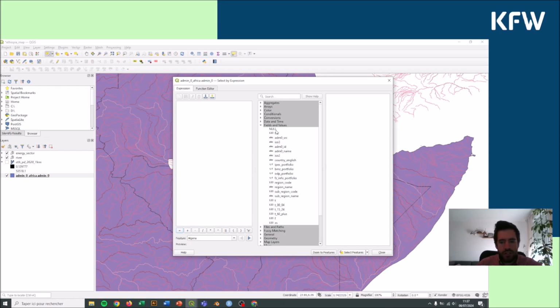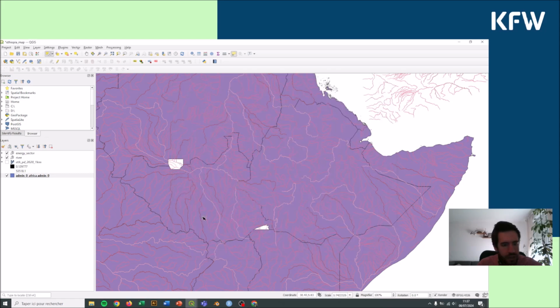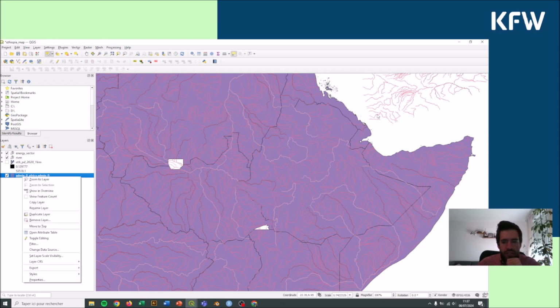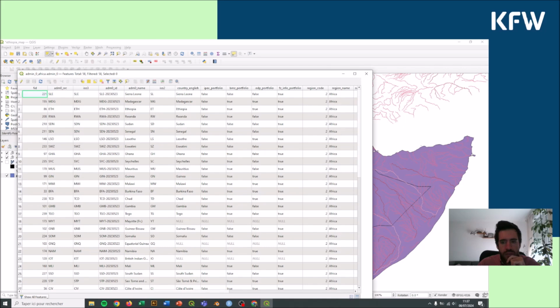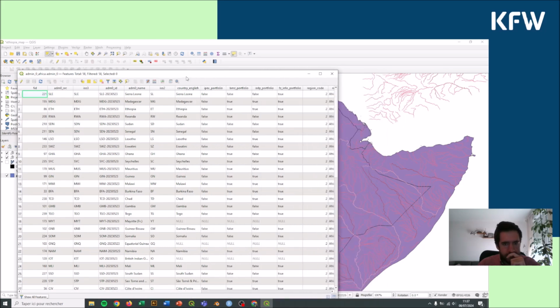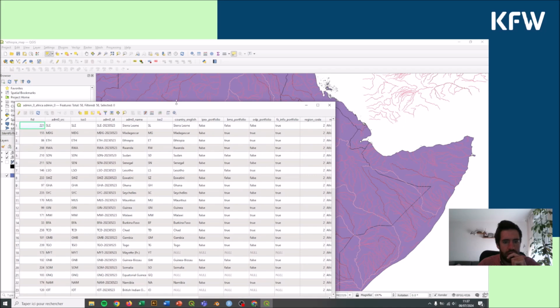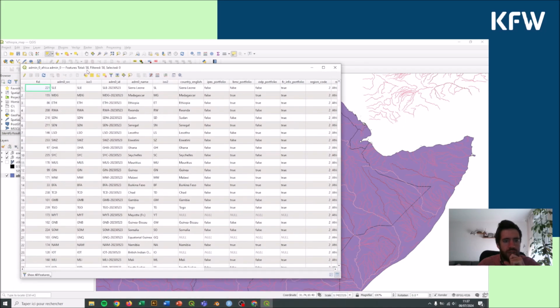So it will show all the fields that appear within the table. And let me go back a tiny bit. We're going to see further how to do the selection, but when adding the data, you can see that there are shapes, but there's also information linked to the shapes, and that's the important part. In our case, it's a table made of 58 features, so 58 countries within the